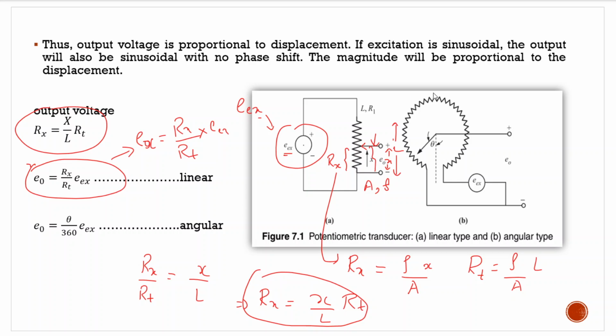ऐसे आपका angular type potentiometer भी होगा. Hopefully you are well aware about how a potentiometer works. So इसके across जो आपकी voltage produce होगी, any portion of the winding, that will be measured in terms of angular displacement theta divided by the total angle, that's 360 here, multiplied by the external energy source Ex. Right? So this is the basic principle of a potentiometer. Potentiometer कैसे काम करता है?